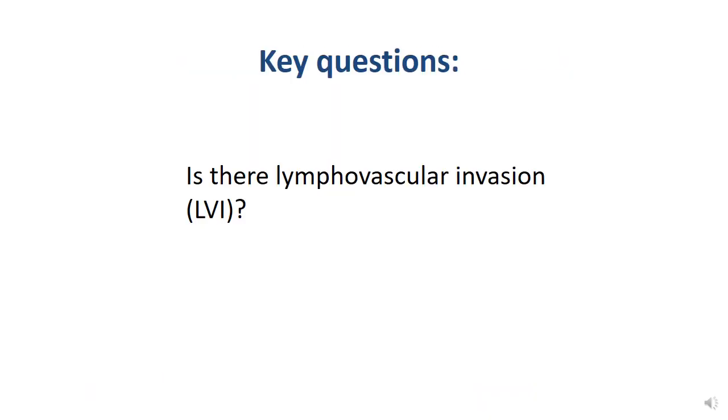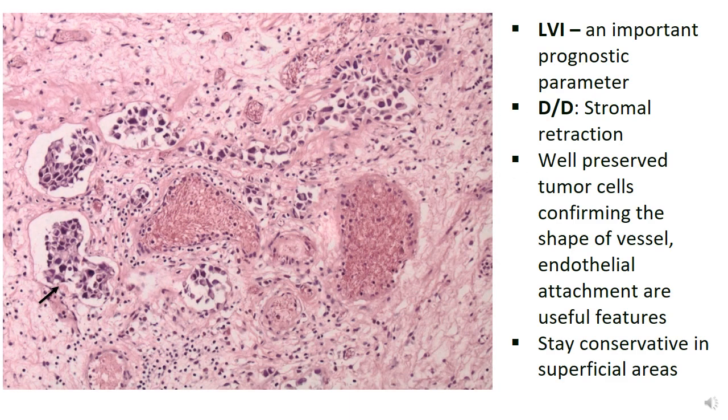Next important question I ask is, is there any lymphovascular invasion? Lymphovascular invasion is an important prognostic parameter in invasive tumors, and your typical differential diagnosis is stromal retraction. So how do you distinguish them? Sometimes if you have a very fragmented tumor, your knife can also carry tumor within these spaces. So the way you recognize true